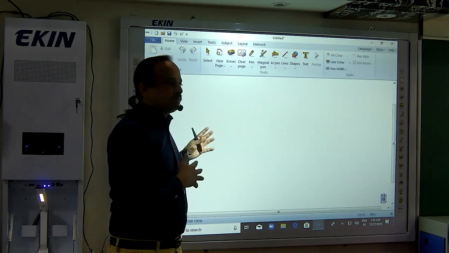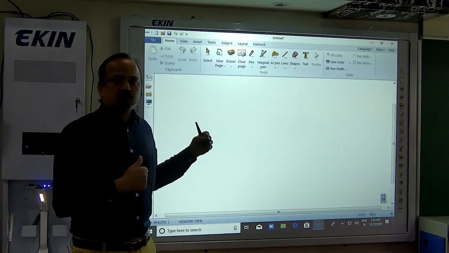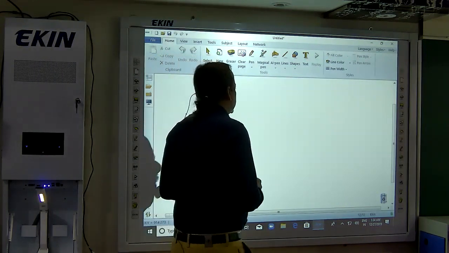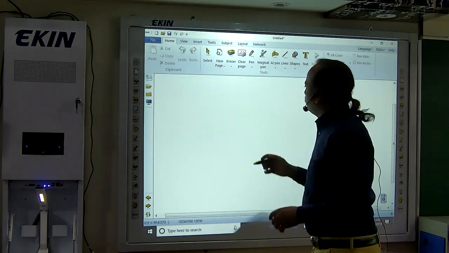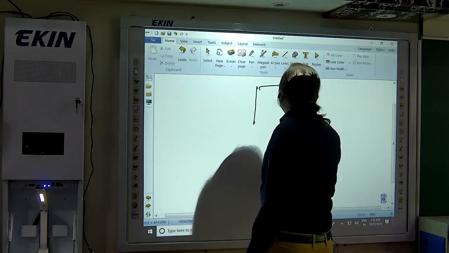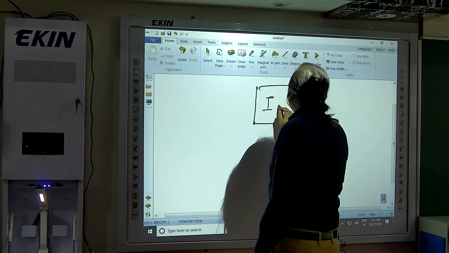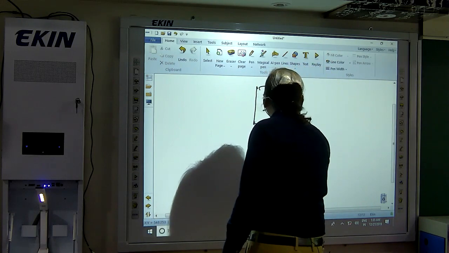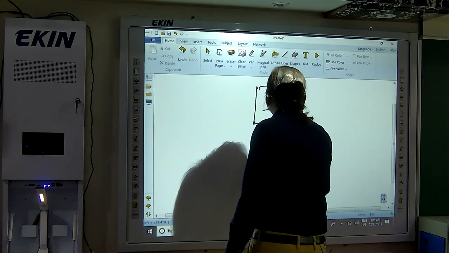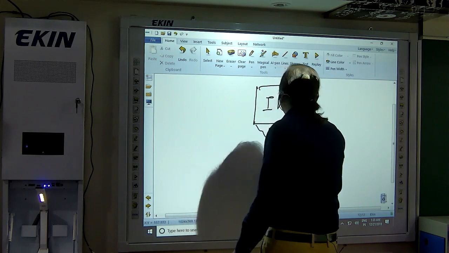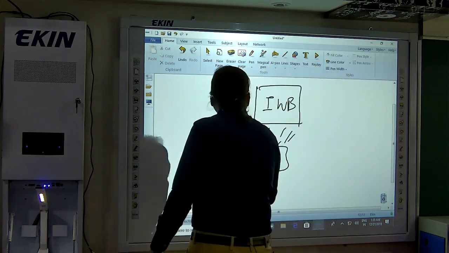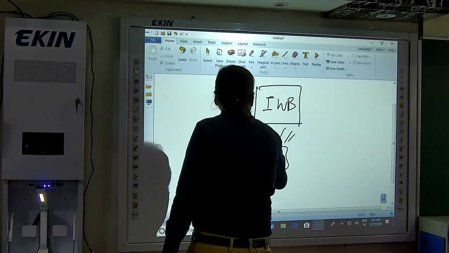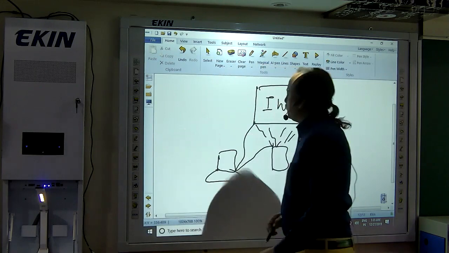So this is a smart. We have a demo of a classroom with the interactive whiteboard. This is an interactive whiteboard behind me, and we will show you what components are available and how it works. I am writing on an interactive whiteboard at present. Then there is a projector required. The projection is happening from the projector, and then there is a CPU required. CPU is connected with the projector and interactive whiteboard.